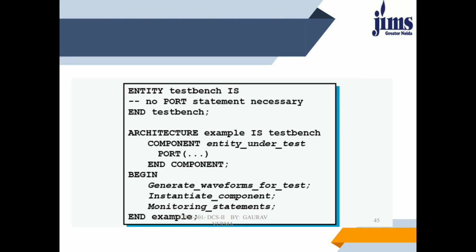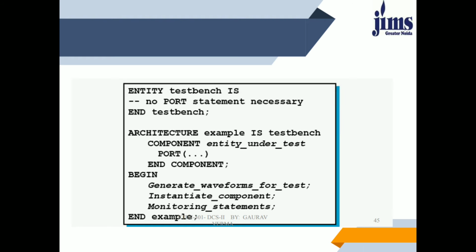So if we want to write a test bench for a 2-input AND gate, let's suppose, then how will it be written? We will define the entity AND, then we will end that entity. Then in the architecture part, first we specify the component of the AND gate. This component will have 2 inputs A and B and 1 output C. We will end these components. Then meanwhile, if we require to define signal variables, we can define those.